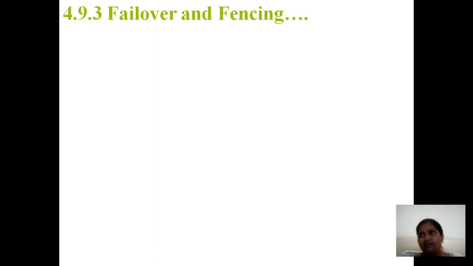So for this we have to maintain fencing and failover concepts. What is failover? Whenever there is a problem with the system, automatically it will check it out. The checking is nothing but the failover. Now we have to check the remedy to overcome the failures. What is fencing? Instead of checking the failures, we should be precautionary. We should take some preventive measures so that the failure will not happen. That is fencing. Okay.